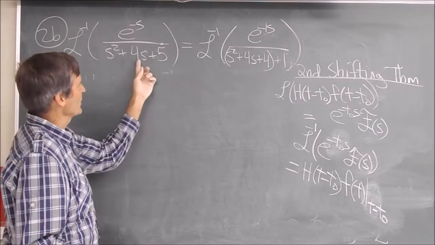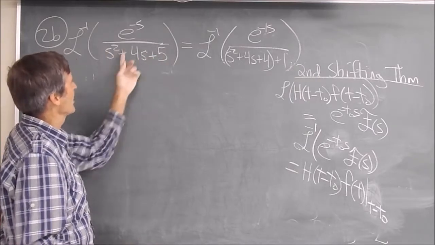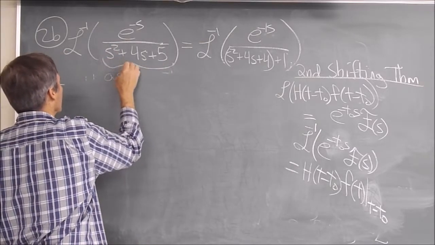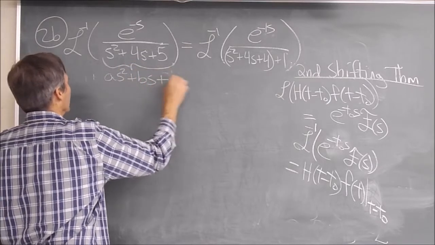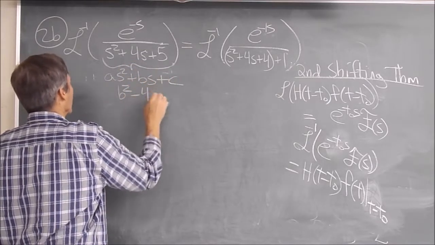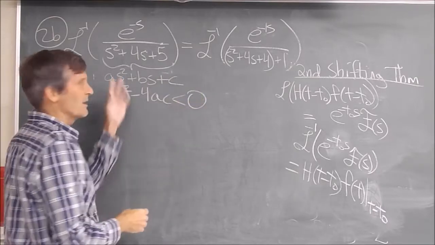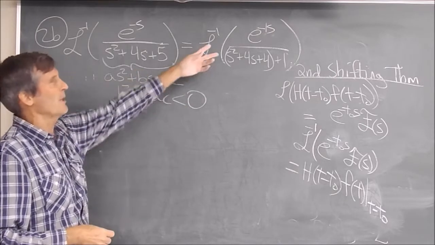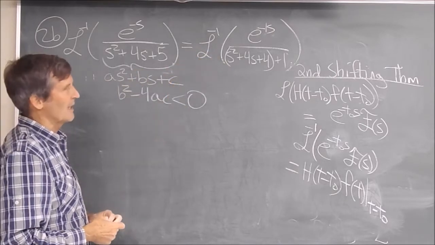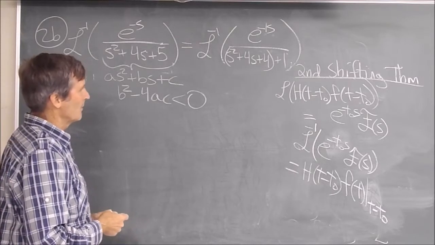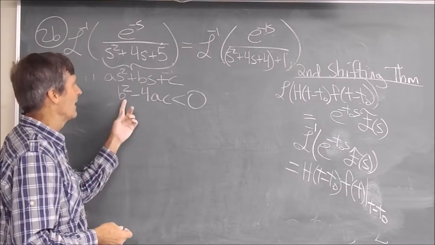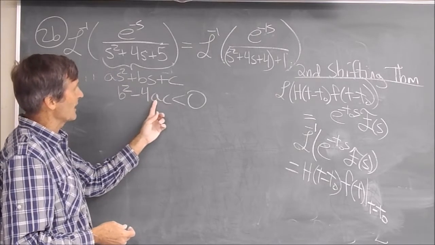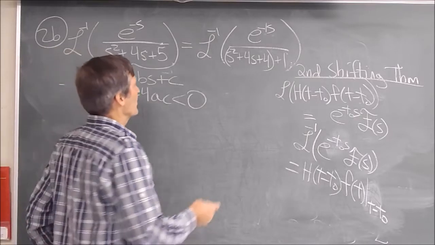If you use partial fractions here, this factors only using complex numbers. This is what we call an irreducible quadratic. As squared plus bs plus c with b squared minus 4ac negative is said to be irreducible because you can't factor it over the real numbers. So if I factor this, I have to do complex partial fractions, and then I have a mess trying to figure out what the inverse transform is, even though it works. I'll suggest this instead. When b squared minus 4ac is negative, since you can't factor with real numbers, instead complete